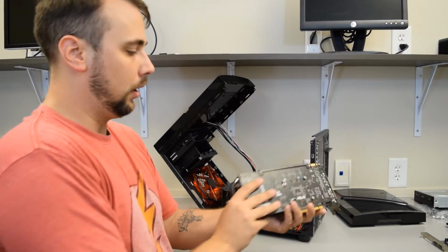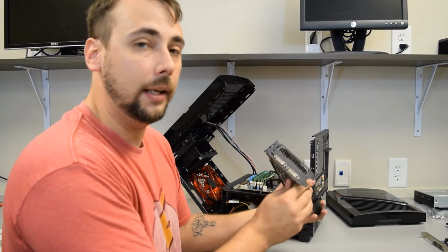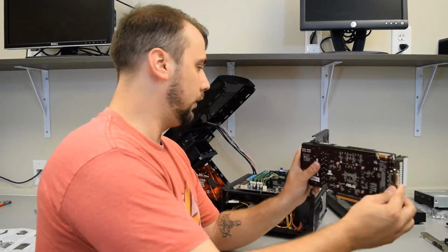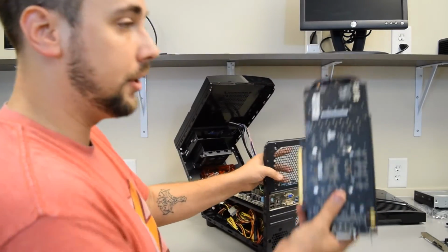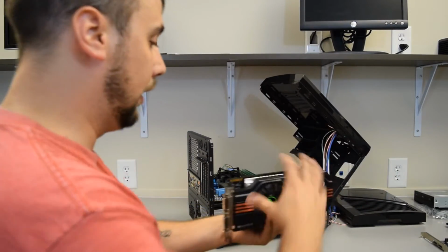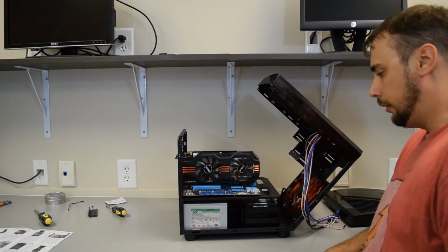I've got this video card by Asus. It's a GTX 560. It's got 2 DVI out and a mini HDMI out. I mainly got this to show the size that you're going to have, what kind of room you're going to have to try to squeeze one of these video cards in here if that's your intention. This is not my intention, and I will not be using this in this build, but just wanted to show the size comparison here. So it sits in there